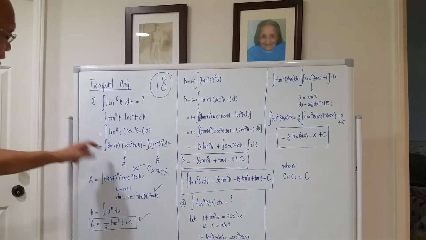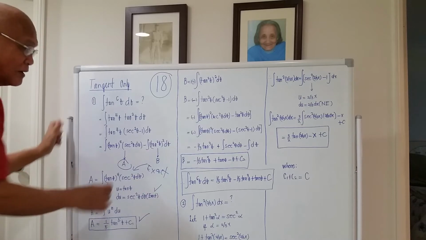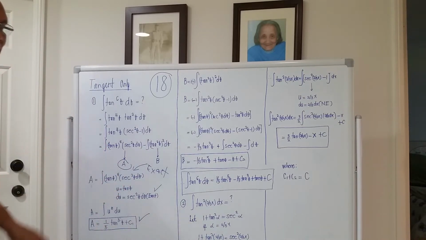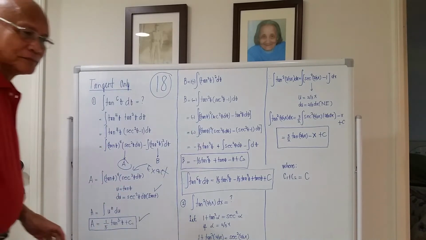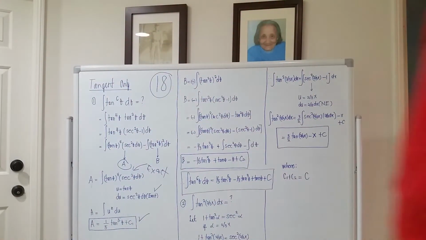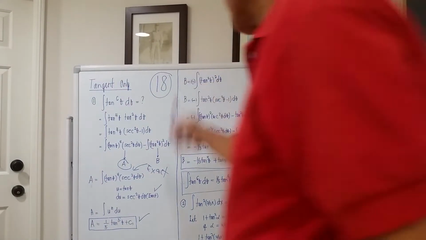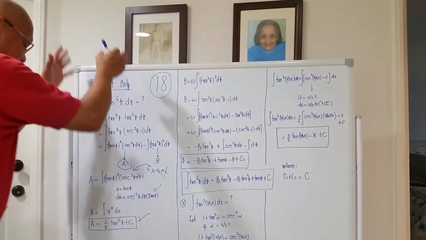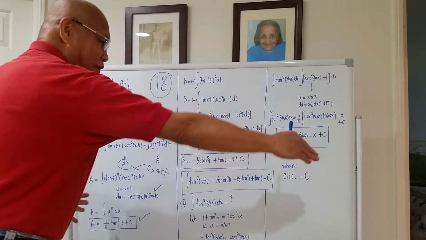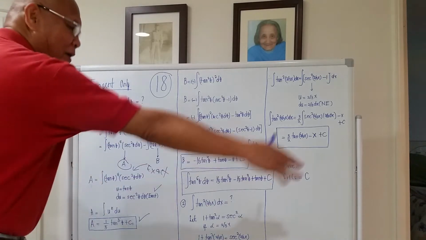That's the integral for the value of A. We do it separately, so we maximize our space vertically and we don't consume the blackboard